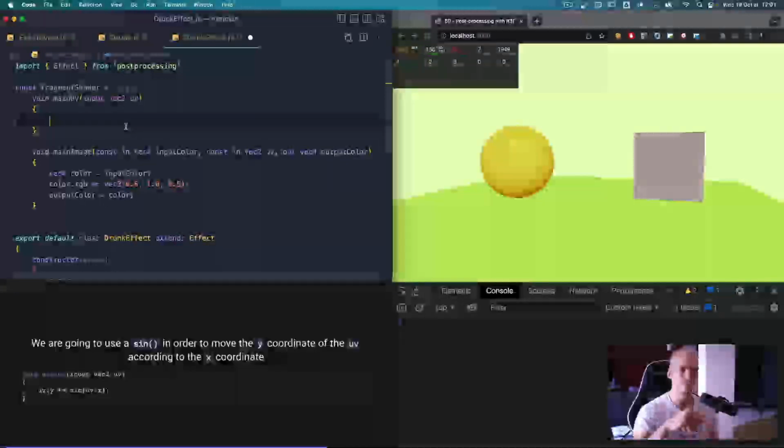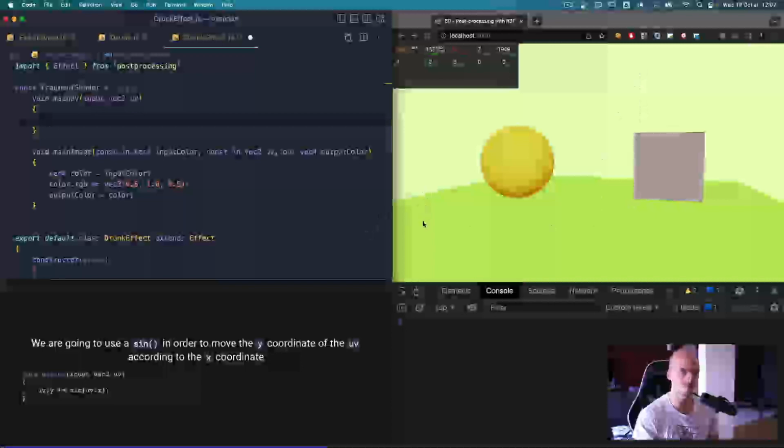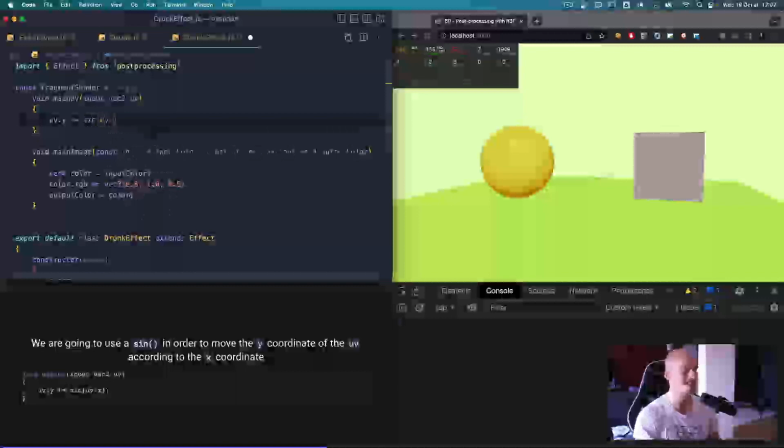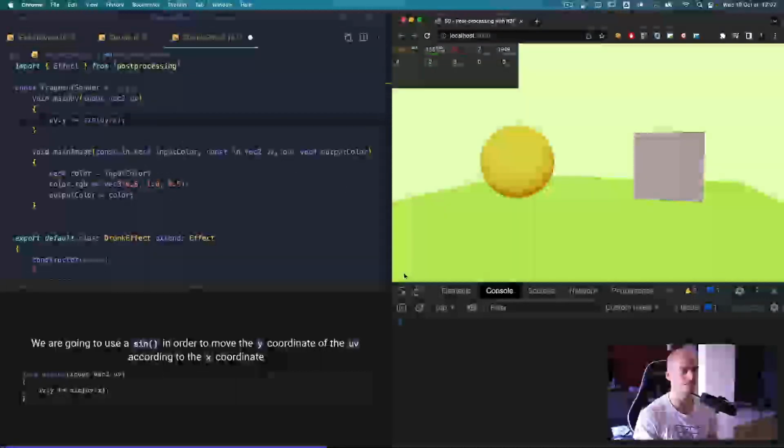So we're going to play with the Y, by that I mean that the UV should go, see my cursor here, this part should go down, and this part should go down but less, and this part should go up. So we are making the change only on the Y axis. We want things to go up and down, so uv.y. We are offsetting compared to the initial value, so plus equal, and we are going to use a sinus on it, okay? And the value of the sinus is going to be uv.x,